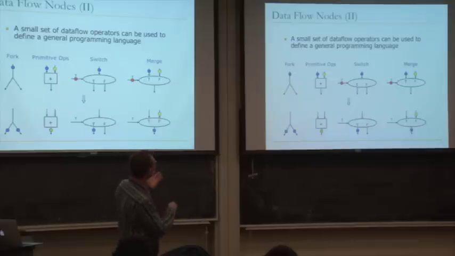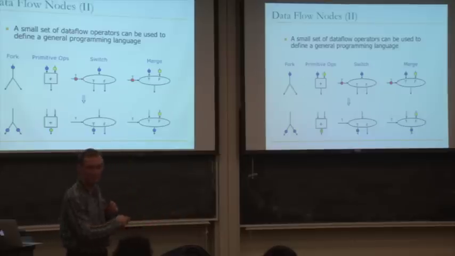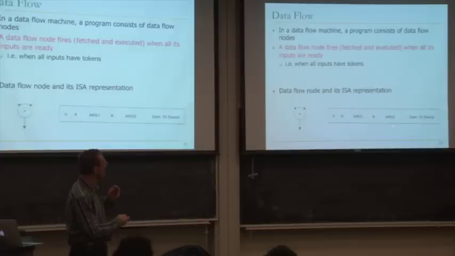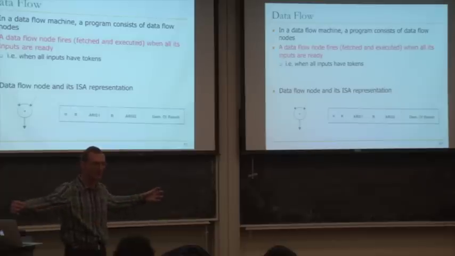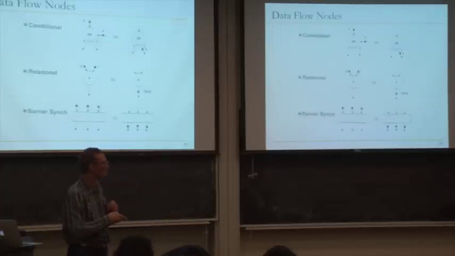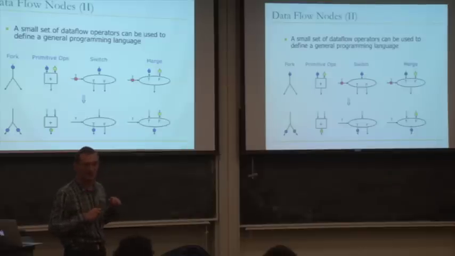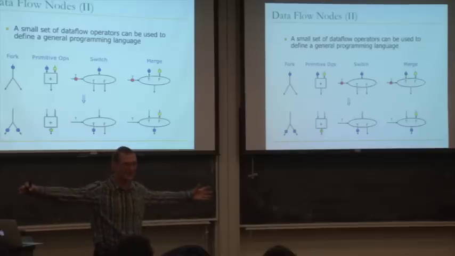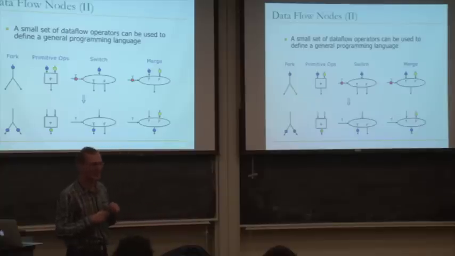Right? This is a fork, for example. This is basically to implement fan-out. What if you have multiple destinations? You can have a fork node. It's not shown here. It's kind of implicit, but it's really a node, right? It generates fan-out. Why do you want to have this? Because you don't want to have an arbitrary set of destinations, right? If an instruction has 1,000 destinations, you don't want to store the 1,000 destinations in one instruction. Instead, you can fork. You can have more instructions to fork. Well, I guess you could have a variable length ISA and have a bigger instruction for those 1,000 destination instructions, but that's another choice.